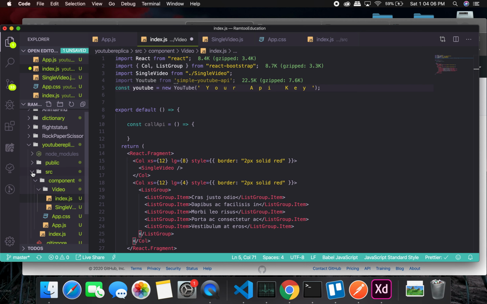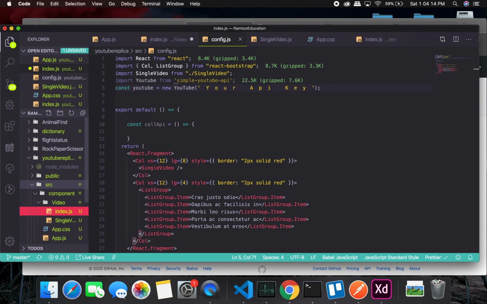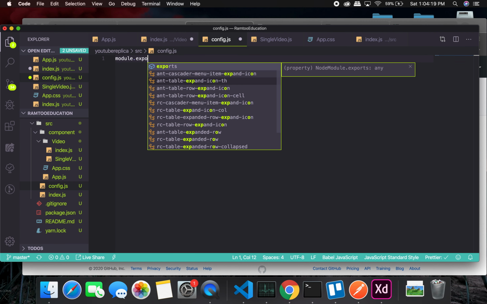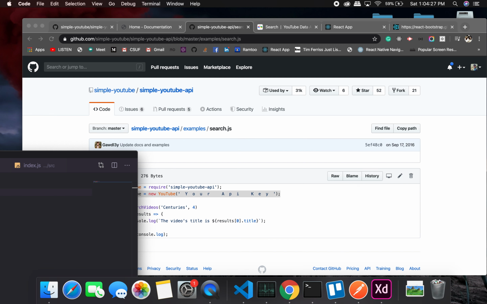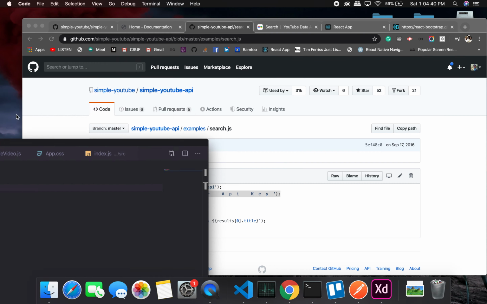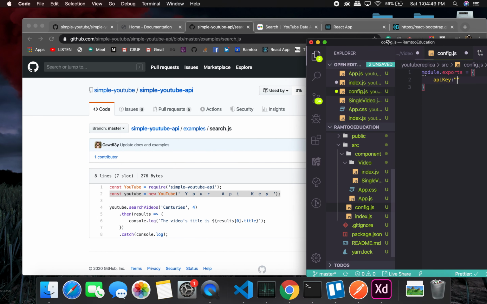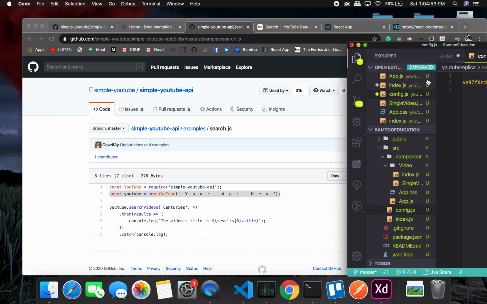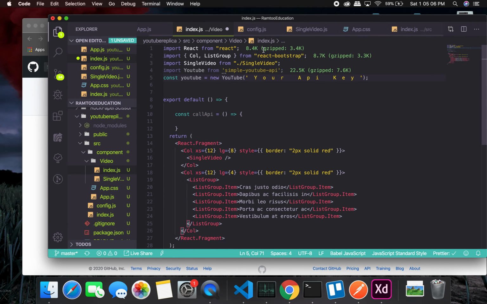So what I'll do here is I'll create another folder, config.js, exports API key. Alright, let me put the API key here. Okay, for some reason it's not going to a different screen. Anyway. Okay, it's added, it's saved, how to close it. This is so strange. Okay, so I have my API key there